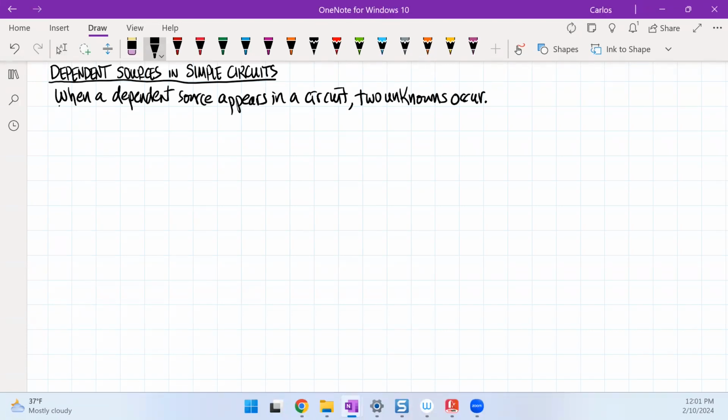So what you find here is that one of these, you have the variable, let's say X, that you want to solve for. And then two, the dependent source